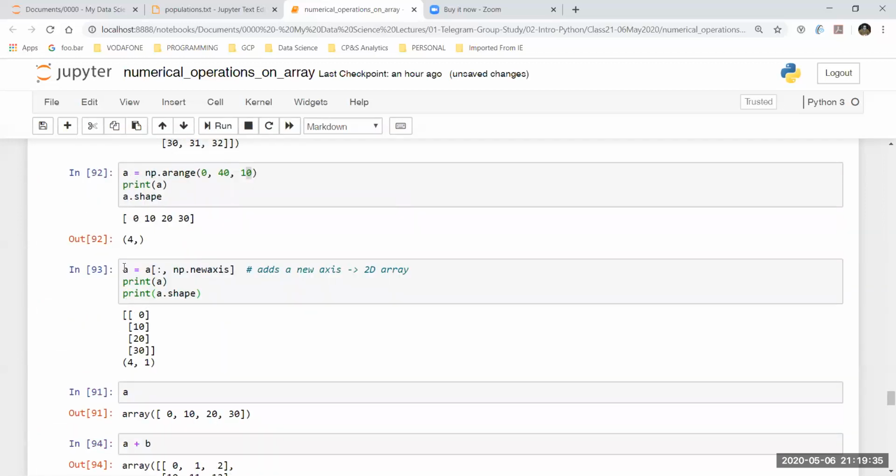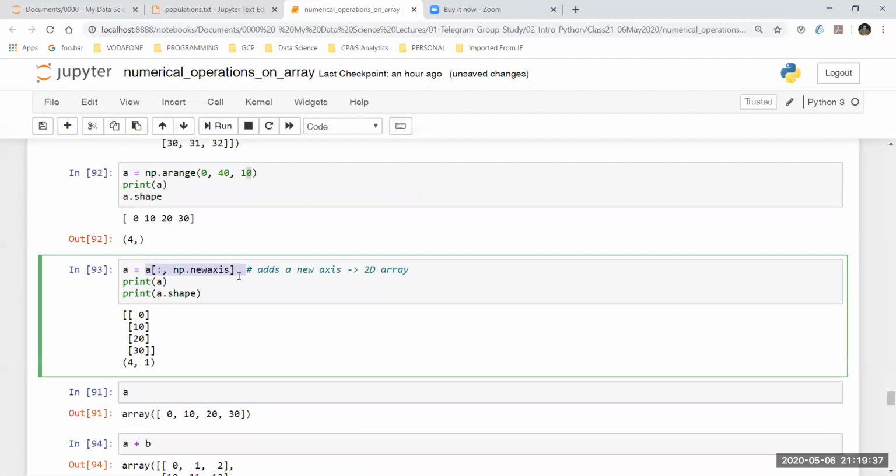Why is this the case? Because this kind of operation using np.newaxis is temporary. It only exists for the lifetime of that program. In this case, the lifetime of this program is only this cell. It is not going to exist after this cell, right?